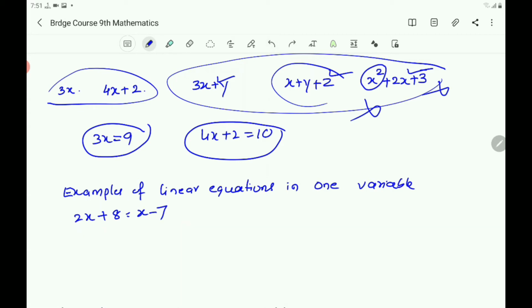Similarly, you can give 2y plus 3 equals 8y minus 6. Here also two expressions are there. Both of them are having the one variable with power 1. So they are the linear expression, and in between them there is equal sign. So they are the linear equation. Here it is a linear equation. Now you take one more example. So you take x equals minus 7.